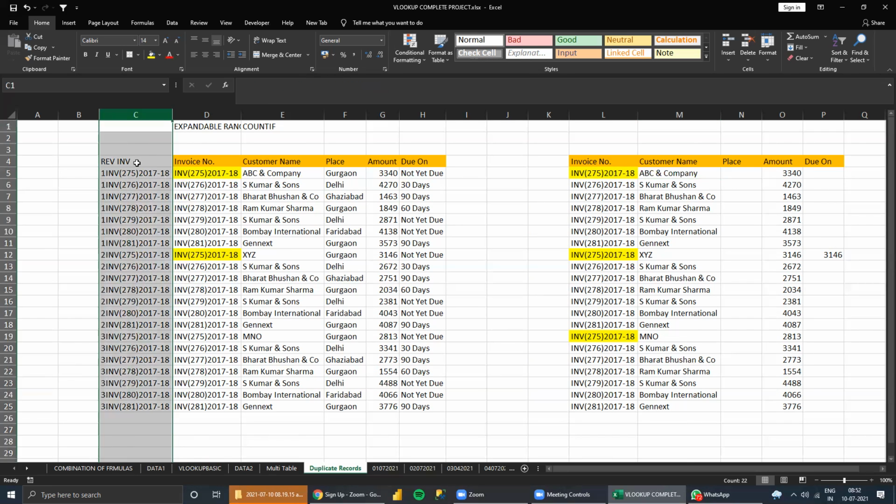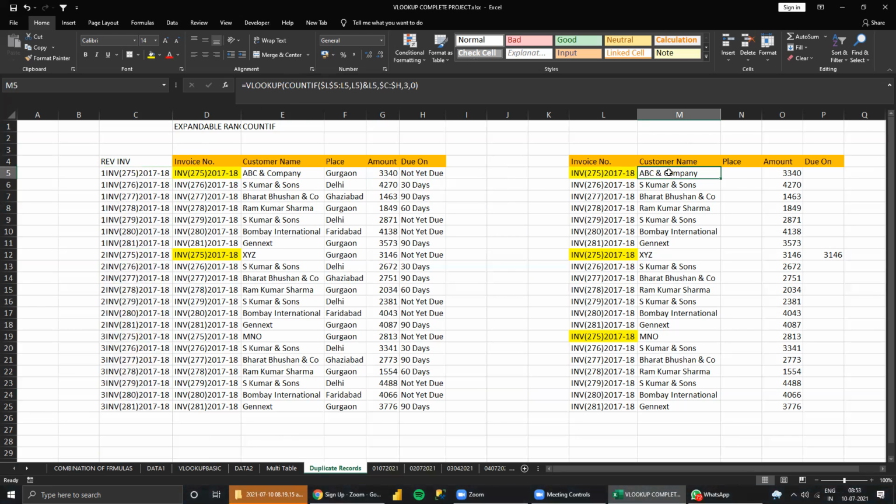First you need a helper column, you need to unique this, correct? That I have done, sir. That came out correctly. The same thing you need to do here also. Here also, first you need to do the count if to check whether you get the unique number or not. First one I got, sir.